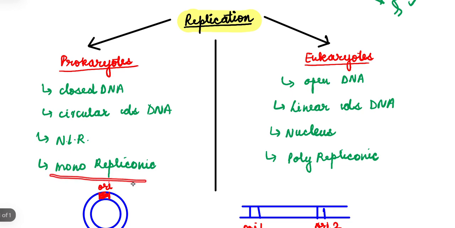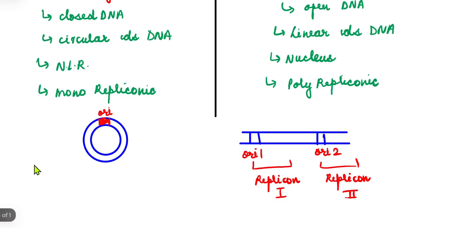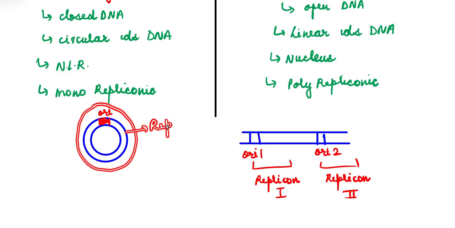The DNA of the prokaryotes while doing replication is monorepliconic. The term monorepliconic refers to a single ORI site in the DNA through which the whole of the replication will take place. Means only one ORI site is involved in the replication. So this whole unit will be replicating together, and this whole unit will act as a replicon. So that's why we say that the mode of replication in